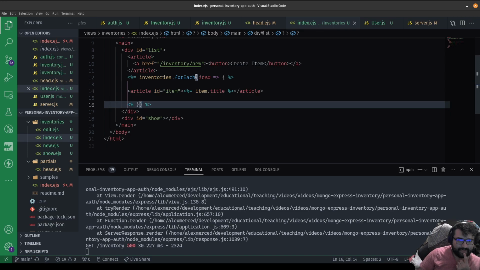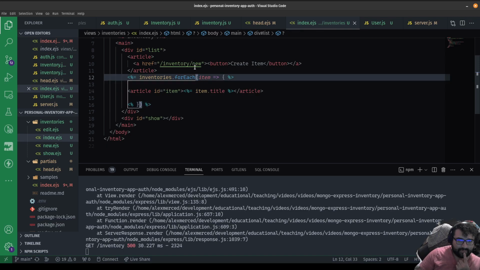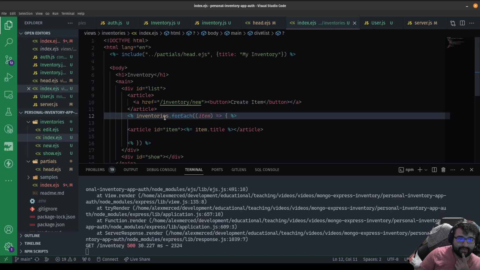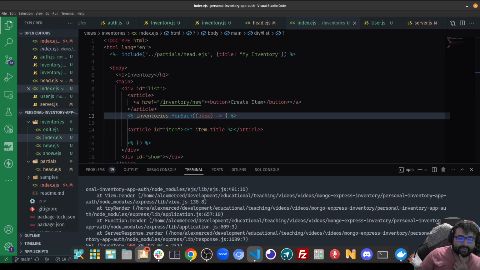Because of the forEach, you know what? It's probably getting confused with the inner callback like that. And, oh, I see, because I put an equal sign here. I keep doing that. Because again, you only use the equal sign when you're trying to inject something into the HTML. So with that,